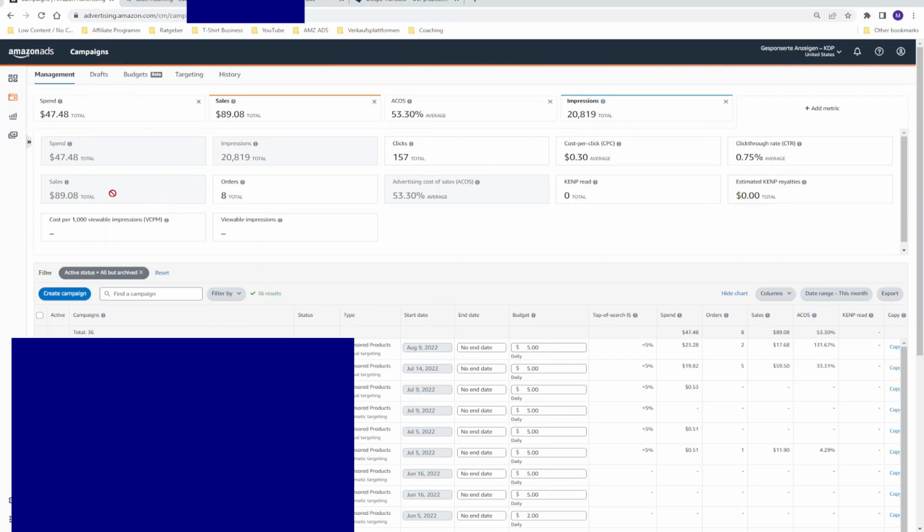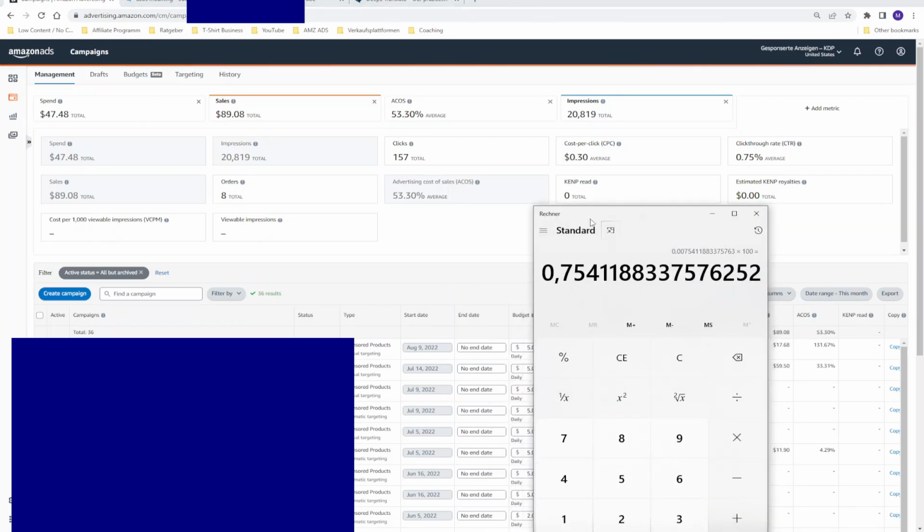Very important to know, this is not the amount of royalties you earned with this campaign. It's the amount of sales that Amazon made with your book. So for example, you have a book published and priced for $12 and you have 10 sales.